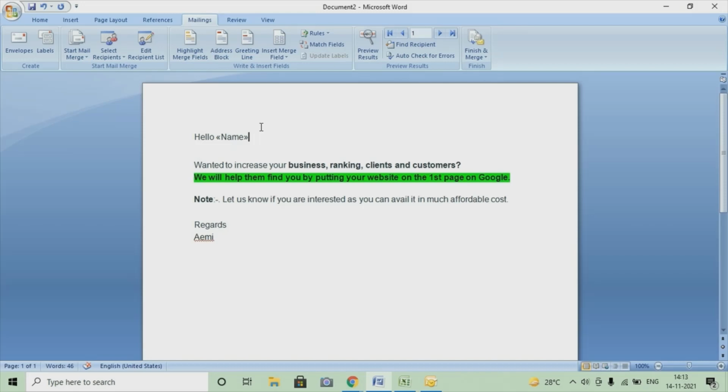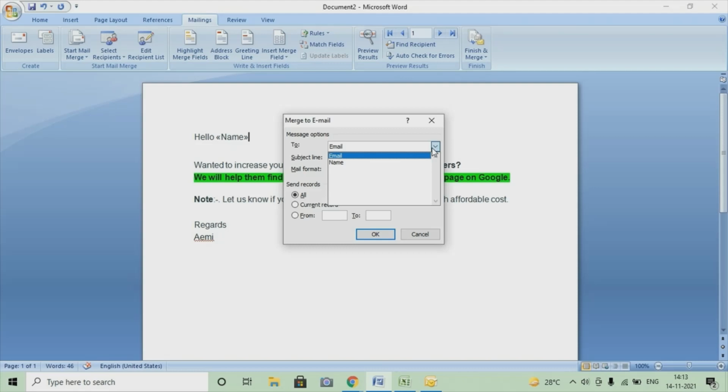Okay, so this is done, and now we are going to send the email. Here you can see Finish and Merge. I'll click here and go to the option Send Email Messages. Now email and name we have already selected, so we will select the email here.